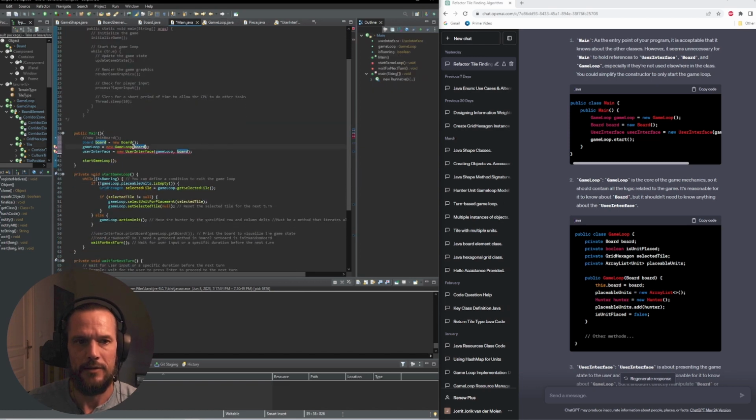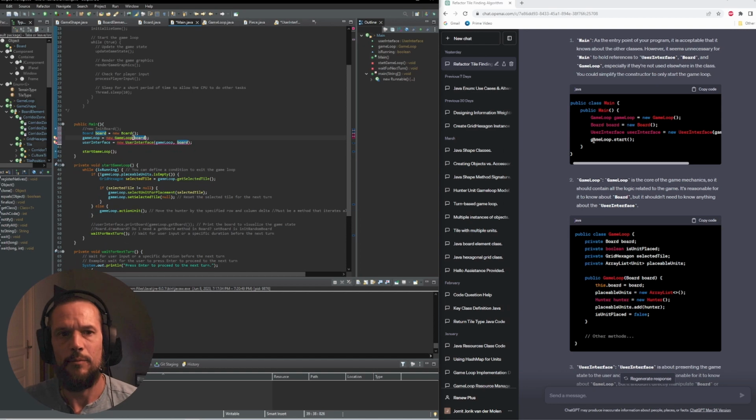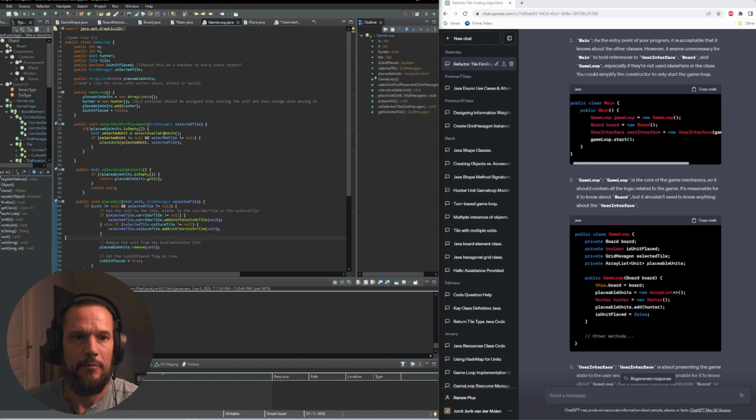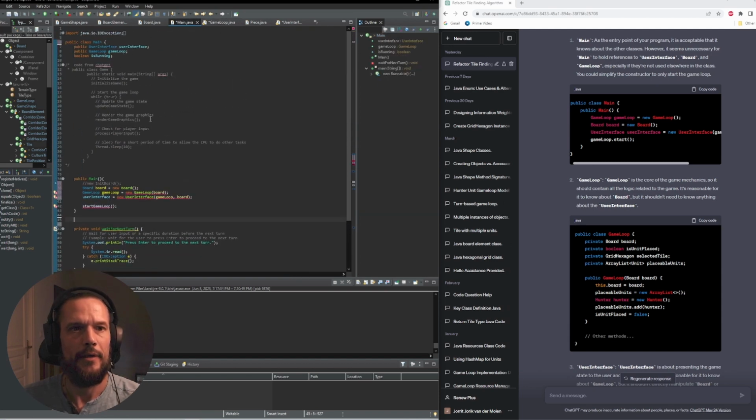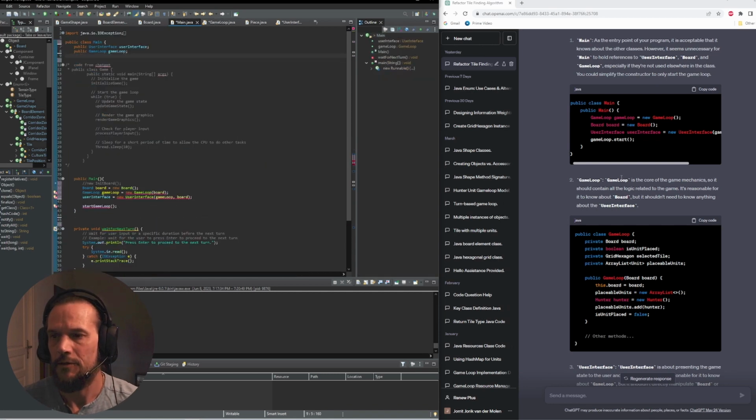Oh, there's this method here. And game loop point start. Okay, that's interesting. Game loop, but then start game loop would be a method in game loop and not in main. And then in main, I need an is running boolean. Interesting. At least now I understand that this is using an instance of